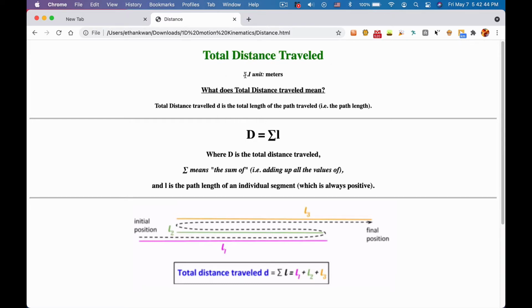As you can see here, the SI unit is meters, so that means it's measured in meters. Well, the SI version of it is measured in meters. So what does total distance traveled mean? Total distance traveled, d, is the total length of the path traveled, i.e. the path length. d is equal to the sum of all the lengths traveled, where d is the total distance traveled,